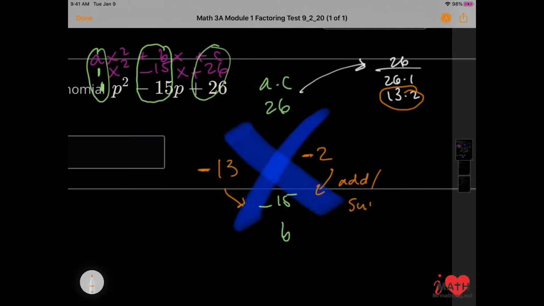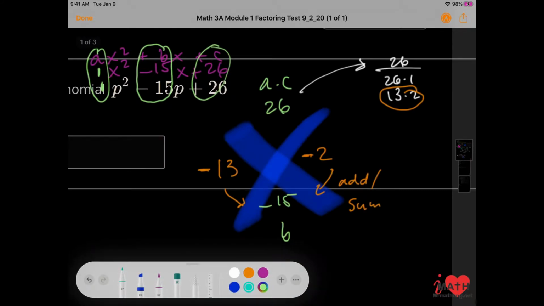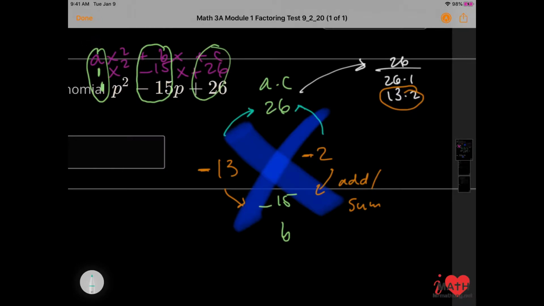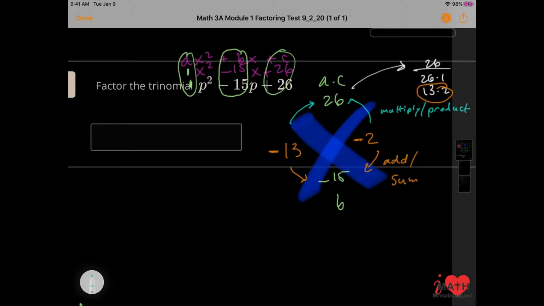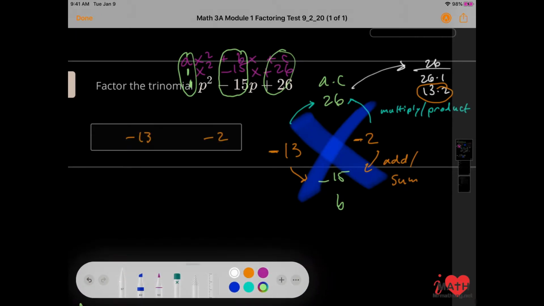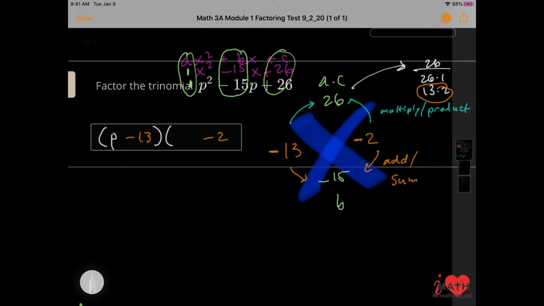Their add, or their sum. And in this direction, this has to be multiplying. Or when two numbers multiply, the answer you're trying to find is called a product. Okay, so negative 13 and negative 2 are my answers here. And then I just need to fill in my variable. So that would be p minus 13 and p minus 2. Remember, because it's multiplication, you can use something called the commutative property of multiplication, which just means you can change the order in which you write those